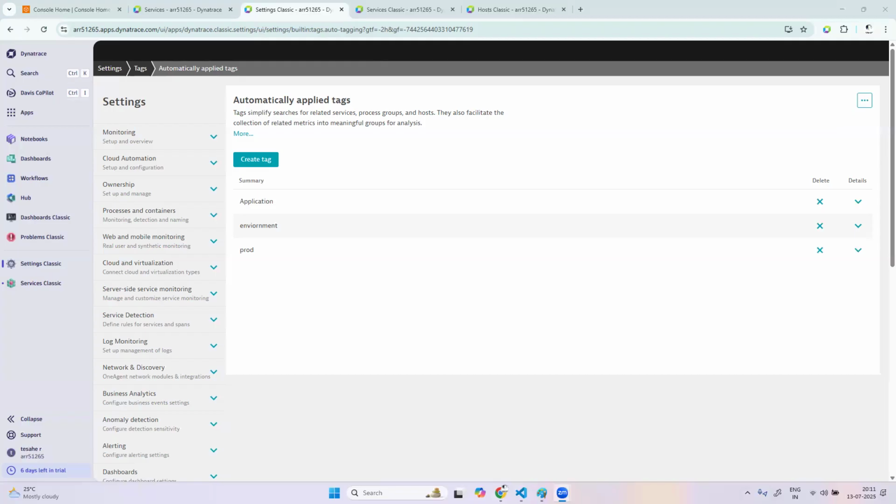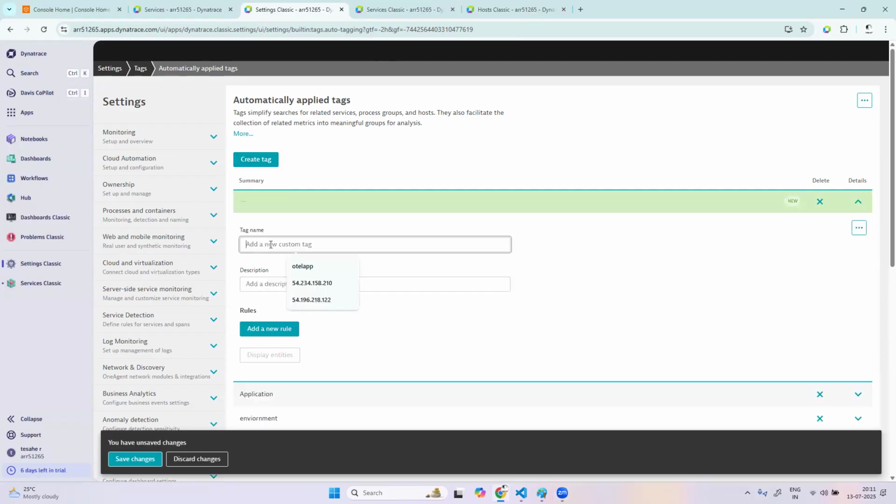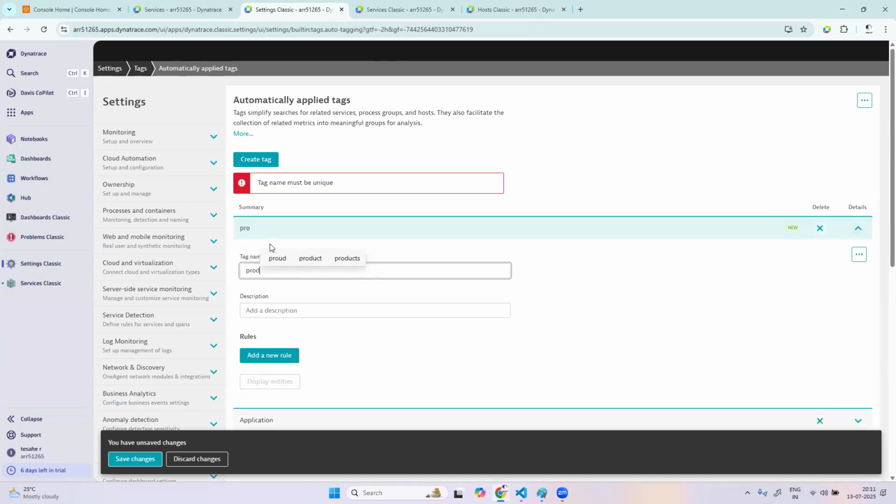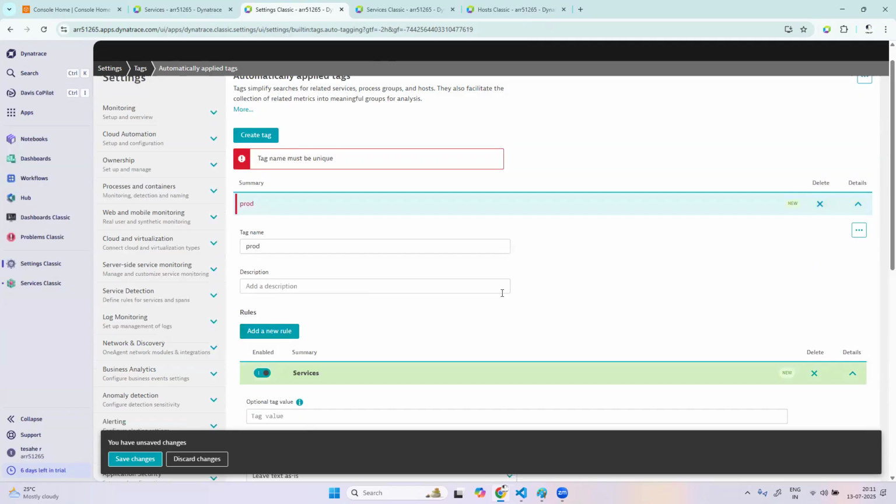Ravi, can two tags have the same name? Two tags, same names, key or value? Key. Suppose I have environment as a key. That's what I showed you, right? Prod I have added. Now if I try to add the same prod name and the rule I am adding is for something different, for example,